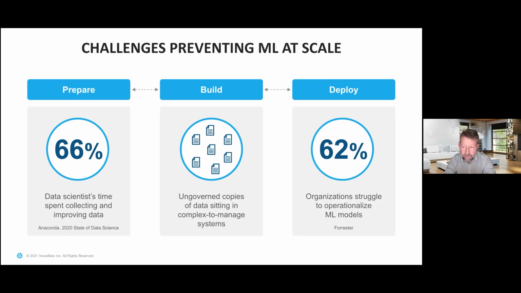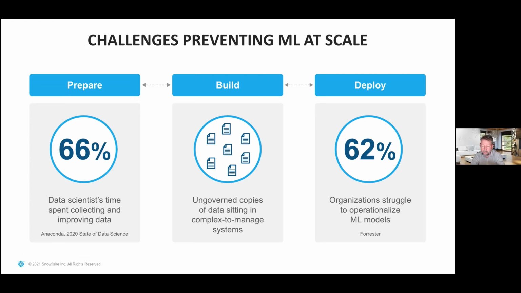And interesting, and not the only study, but Forrester did a study of where organizations were struggling from an ML model point of view. Over 60% of organizations were talking about not just the data preparation side of things, but how difficult it was to get a model from trained and ready to productionize and into that operational context. And once they had it there, being able to maintain it and make sure that it stayed fresh as data and the business evolved with time.